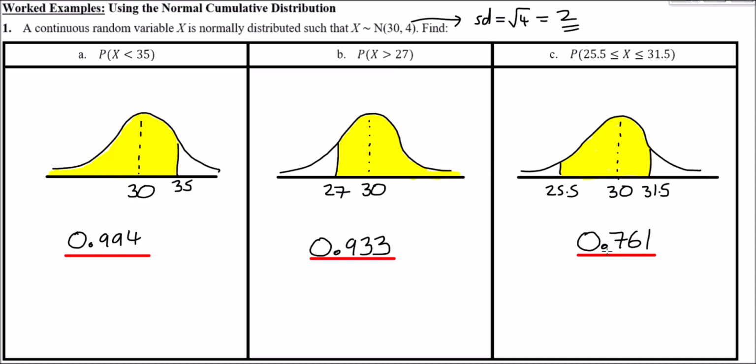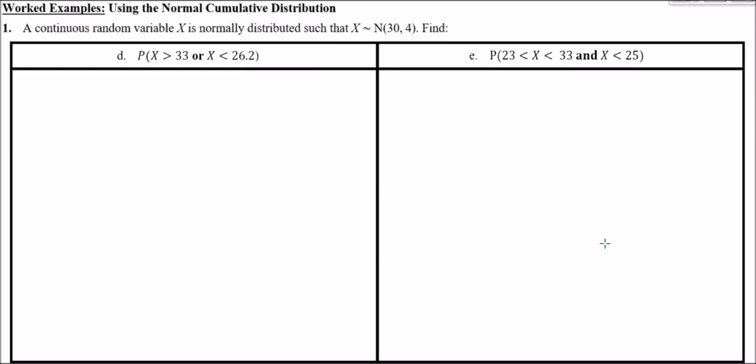Moving on to part D and E of question 1, so the parameters are still going to be unchanged. What's the probability of it being greater than 33 or less than 26.2? Well, let's think about this. So again, if we draw it out,